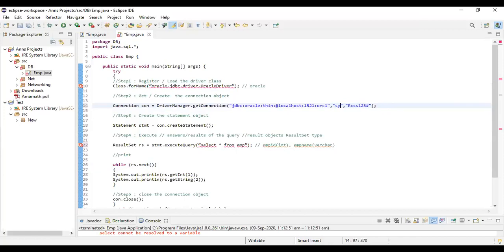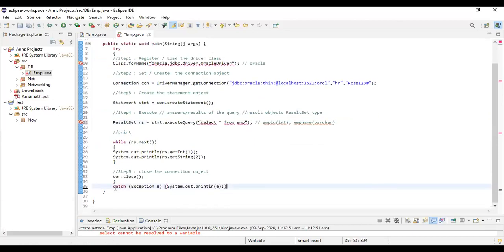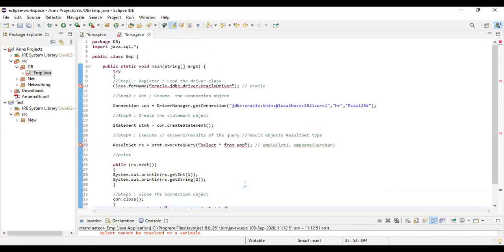The only thing you need to keep in mind is, if you're writing HR over here, in your SQL Plus you have to log in as HR. If you're writing system over here, you will have to log in as system, and so on. You create a statement, you create your query, and that's it. So this is how you write a JDBC program.